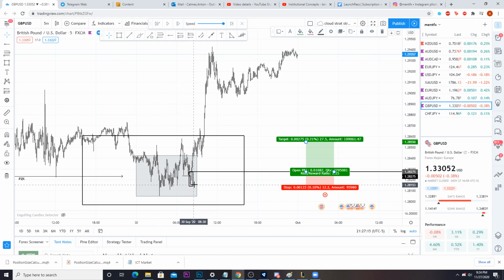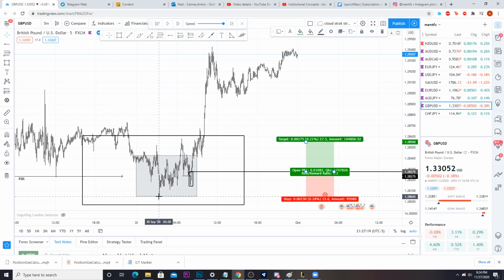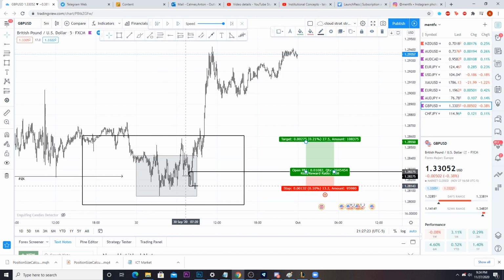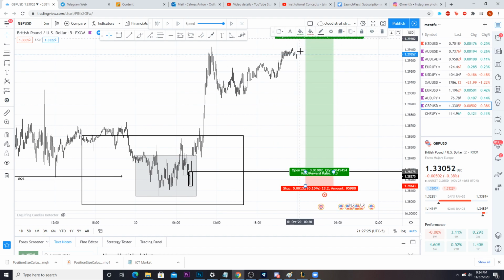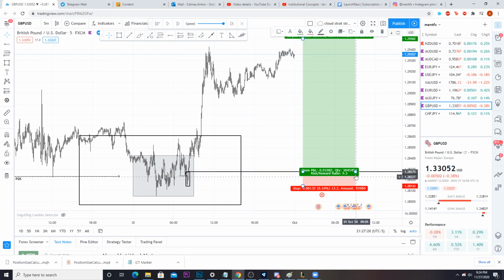Also, we might realize these are equal lows here. So maybe you don't want to trade that low and you want to go lower like that. But again, that entry is already at about half this order block. But either way, let's just try this and see what happens. And we're going to look to target those highs, right? So that's already a nice 1 to 9.3.